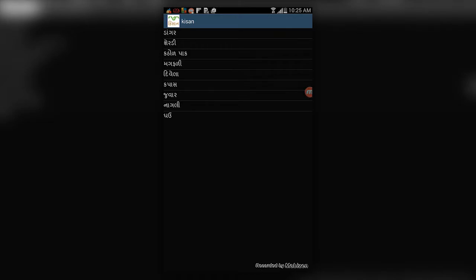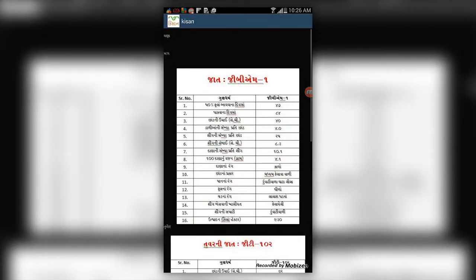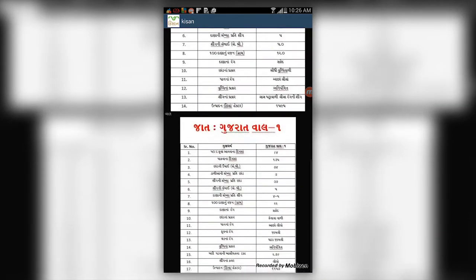Now we will go back. Similarly, like dangar, paddy cultivation, similarly for the sugarcane, similarly for the cereal crop, similarly for the groundnut, similarly for the castor, then for the cotton, for the sorghum, for the wheat, everything for the standardized cultivation practices is available under the menus. Now I will show you the cereal crops.